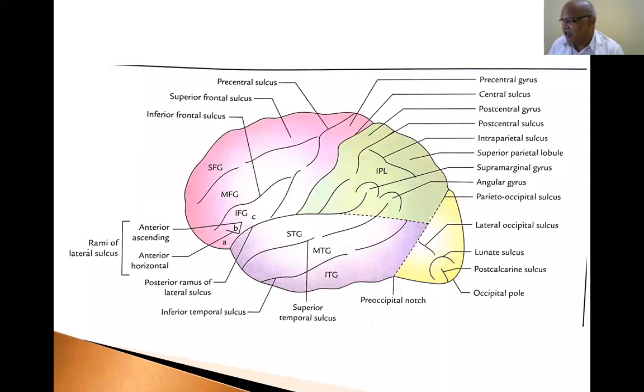All the functional areas present in the cerebral hemisphere were divided by Brodmann into 47 areas. So this is called Brodmann's classification or Brodmann areas. They are named area 1, 2, 3, area 4, area 44 and 45, or area 29 and 30 of Brodmann. Like that, the numbers are given the name of Brodmann. So Brodmann, a scientist, classified the cerebral hemisphere into functional areas.